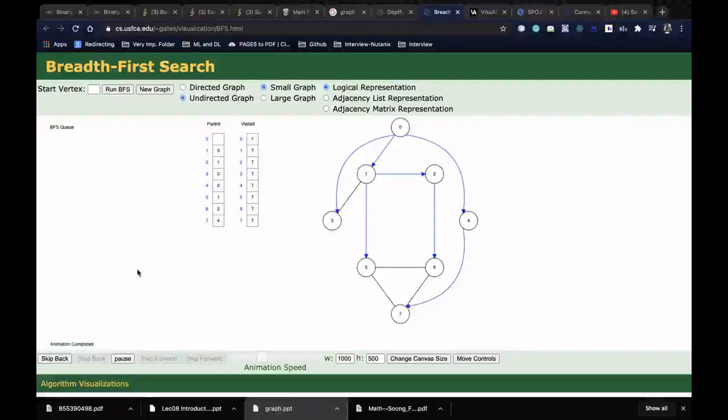So it is basically checking. As I said, each node will be visited only once. So it is checking if the node is visited or not. If it is visited, then it doesn't go to that node and call BFS, the breadth first search, again for that node. As you saw, from 0, the nodes which were at a distance 1 were the nodes 1, 3, and 4. So they were visited first, and then after that, the nodes 2, 5, and 7 were at a distance 2 from the node number 0, so they were visited after that. And then finally the node 6 was visited because it was at a distance 3 from 0.